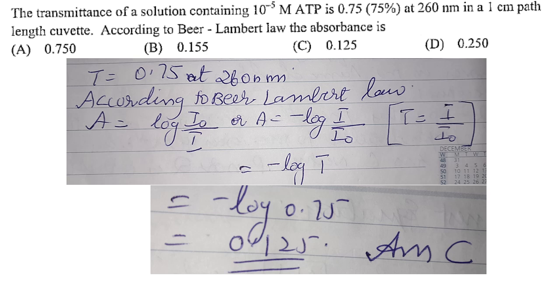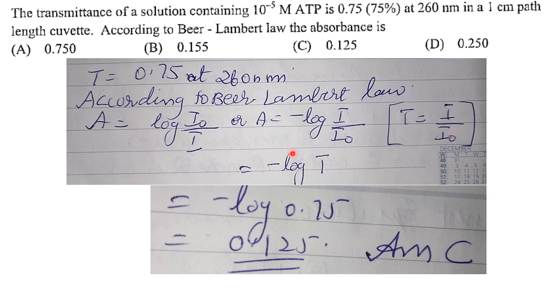Then next one. The transmittance of a solution containing 10 raised to minus 5 molar ATP is 0.75 or 75% at 260 nanometers in a 1 centimeter path length cuvette. According to Beer-Lambert law, absorbance is equal to log I0 by I, or A is equal to minus log I by I0,